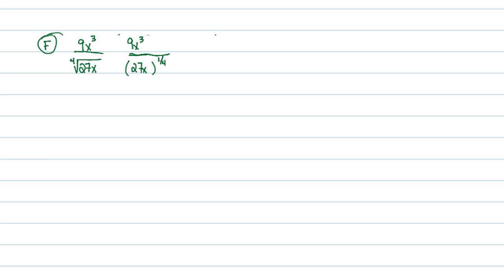Well, I only have 1/4 of a power on there, so I'm going to multiply this by 27x to the 3/4 power. 3/4 power plus a 1/4 power will give me a full power. Whenever I do the bottom, though, I got to do the top. So this will be 27x to the 3/4 power upstairs. And when you multiply these through, I forgot to write an equal sign, sorry about that. When you multiply these through, you'll get on the bottom 27x to the first power,